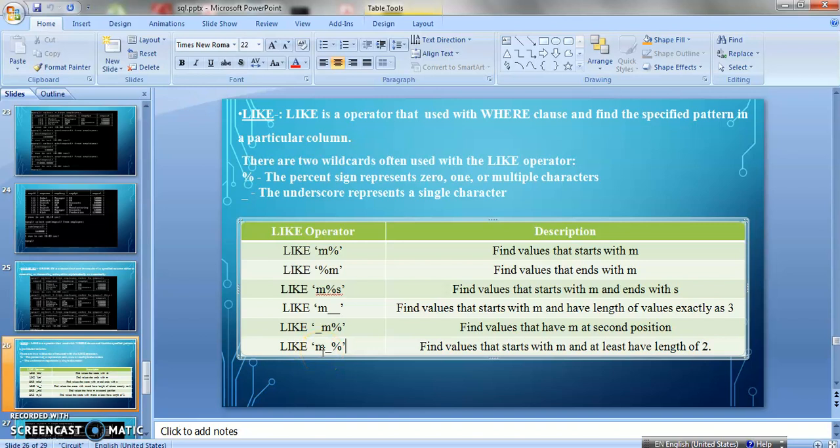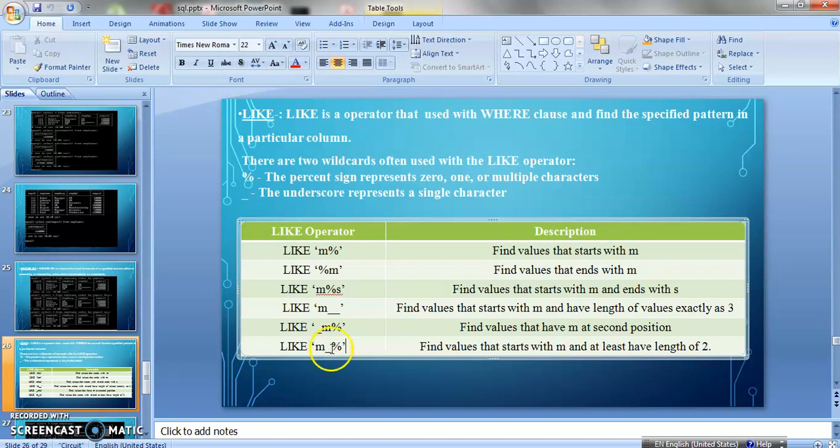M represents a single character, and underscore will represent a single character. So 2 characters will be there, और उसके बाद percentage. तो इसका ये मतलब हुआ कि there should be a string जो M से start होता है और उसकी length कम से कम 2 होनी चाहिए. 2 या 2 से ज्यादा हो सकती है, but एक नहीं होना चाहिए. It should be minimum 2.